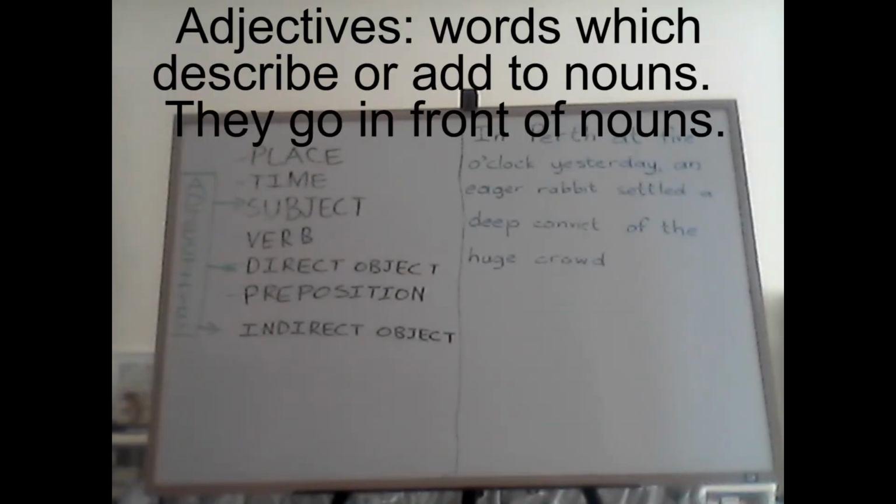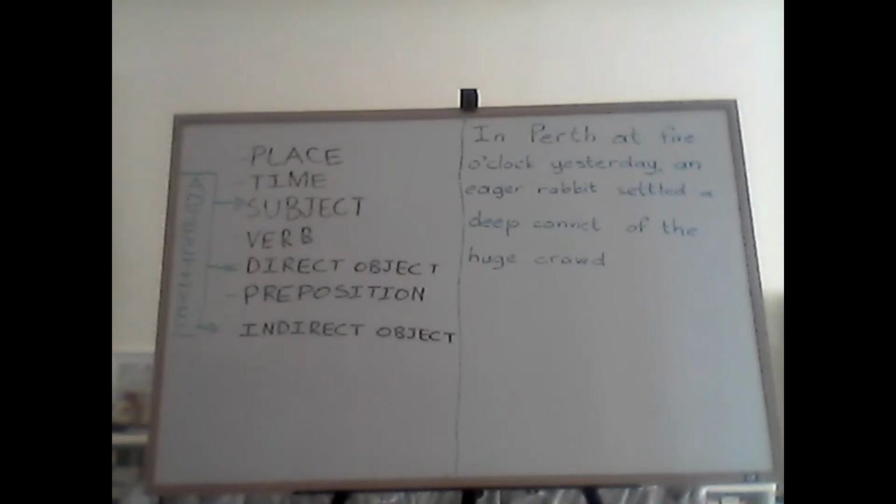In Perth at 5 o'clock yesterday, an eager rabbit settled a deep convict of the huge crowd. Because I added those 3 adjectives, I had to change one other thing in the sentence. Because eager starts with a vowel, I had to change a to an. If I wanted to, I could add 2 or 3